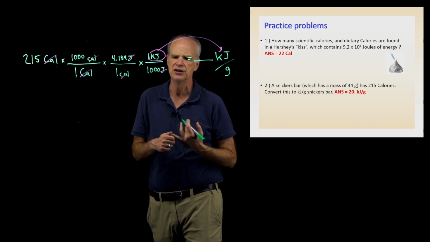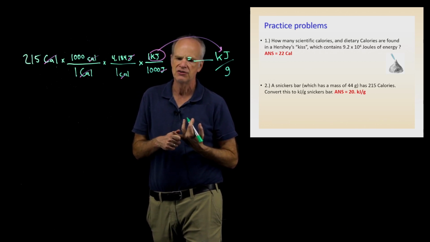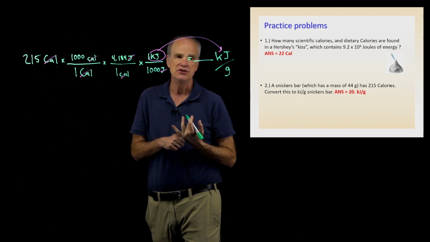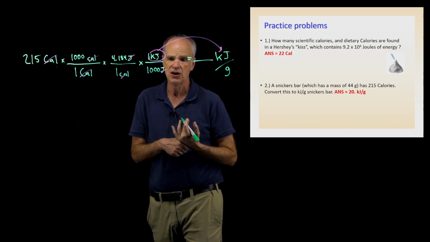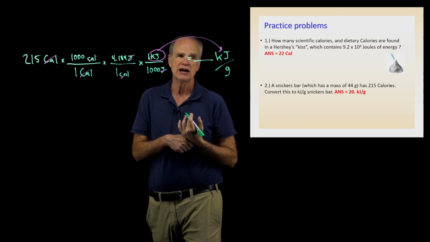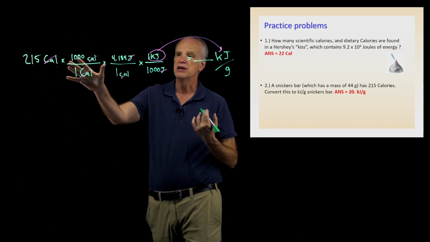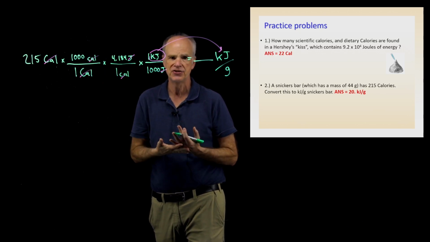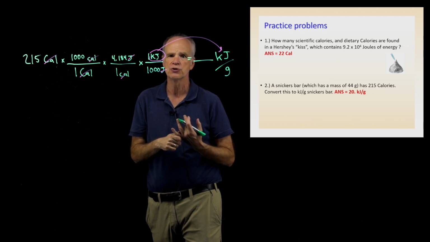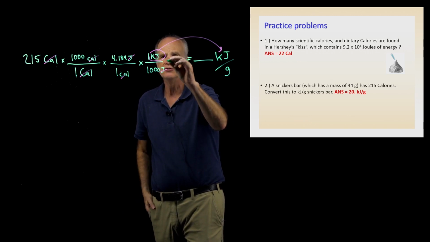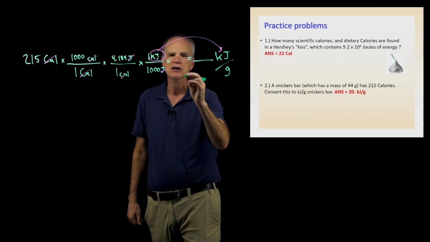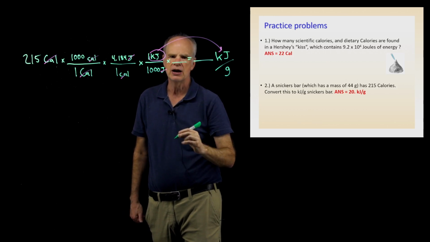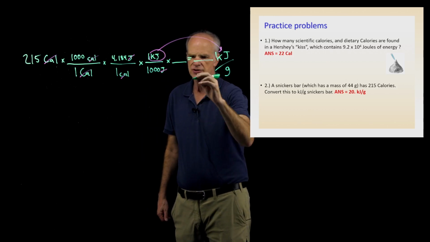You'll notice that you have a Snickers bar, and you're told that that Snickers bar is 44 grams. Here we have the total number of kilojoules in that Snickers bar, which is 44 grams. To get it in kilojoules per gram, you can put that number of grams here in the denominator like this,